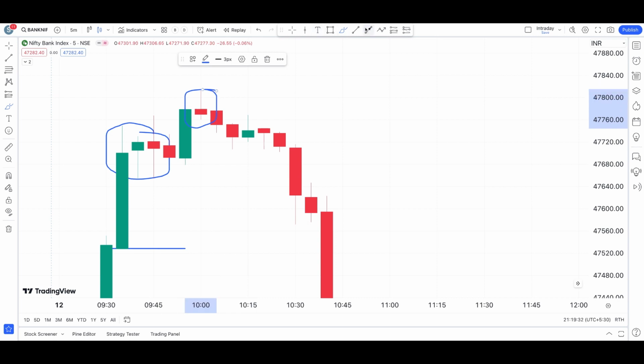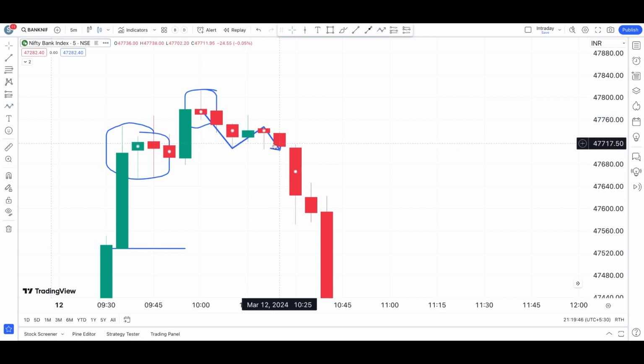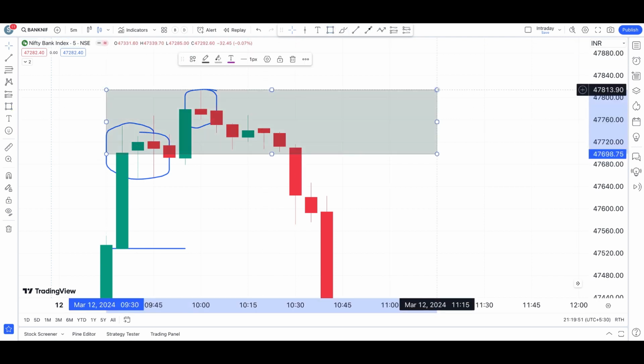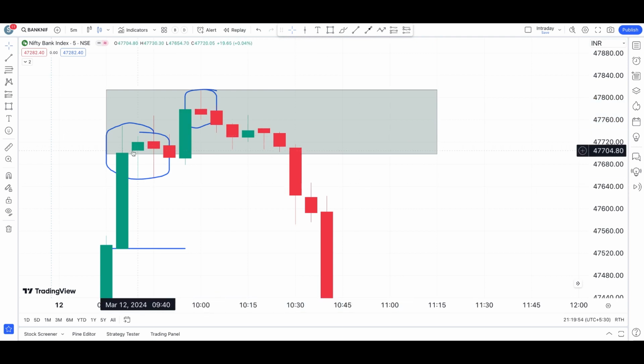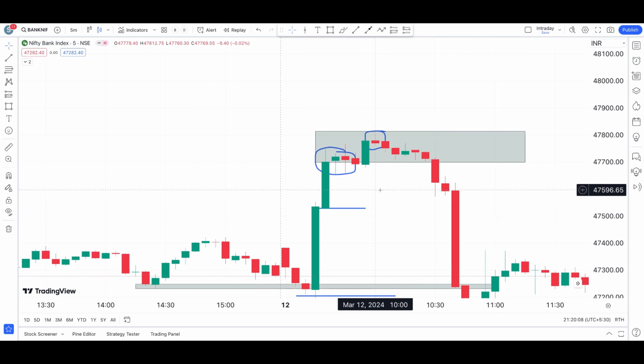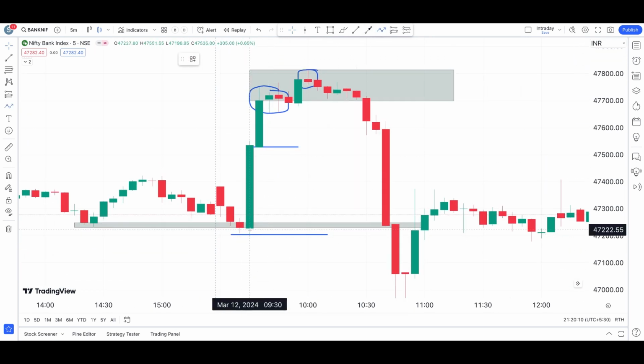But if you have noticed what happened eventually after that, for the second time here you have seen a hanging man candle at 10:20. After this you have seen a proper confirmation candle. So at this level, you have seen multiple failures. One is this hanging man, the initial caution, but after that we haven't seen a confirmation candle. But after that we have seen a shooting star candle, which is a bearish sign. But those who are not satisfied to take a bearish entry there, because before that was a very clear and very solid bullish momentum,